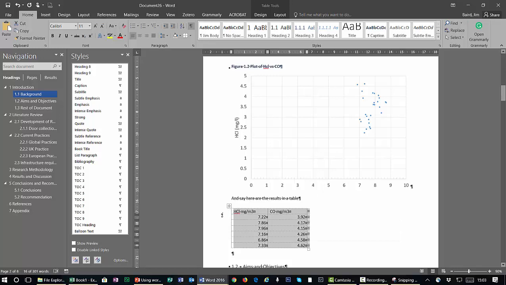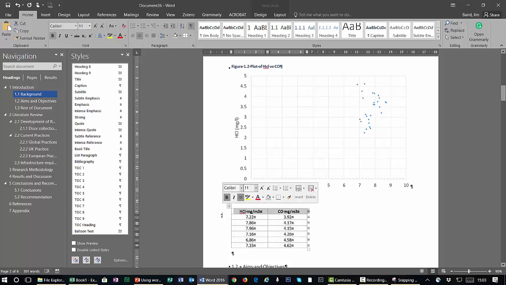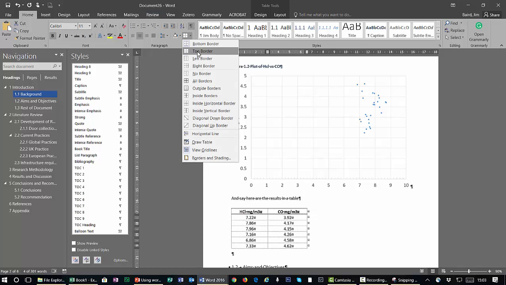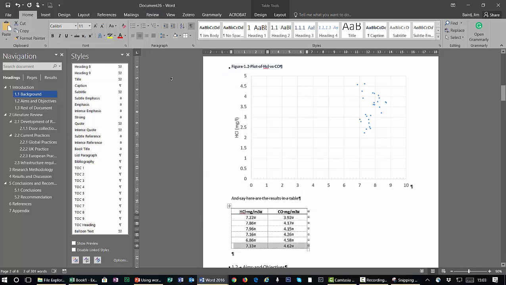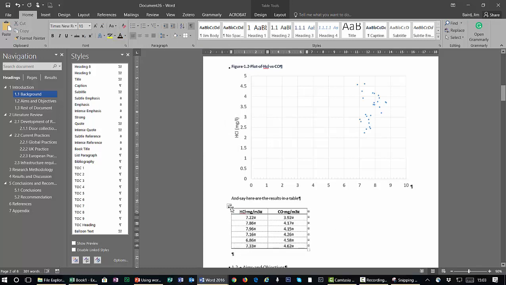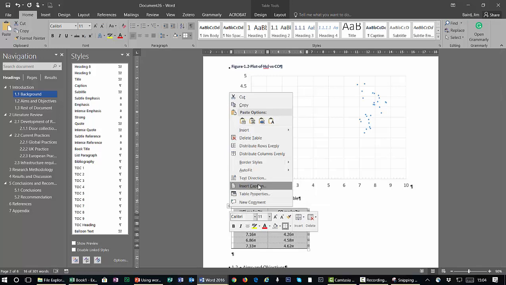So I choose the top row, I want to bold it, I want to center it, and these values here I want to be lined up in the middle, so I center them. What I might do also is quite like to put a line at the top, and go down to the bottom and put a line on the bottom. So there's my table. If I now right click, insert caption,